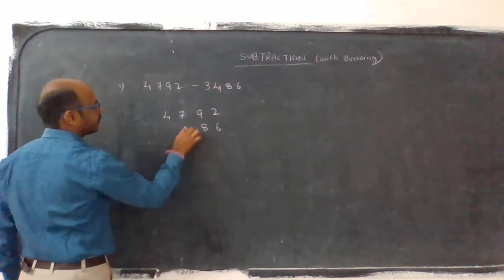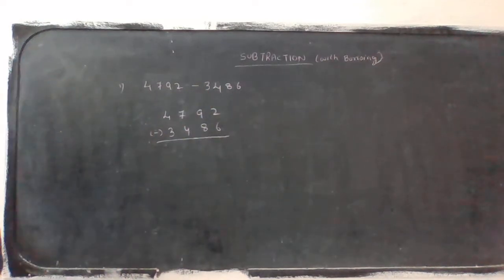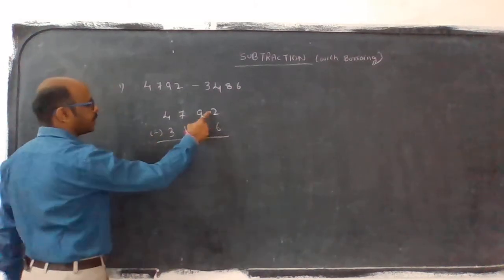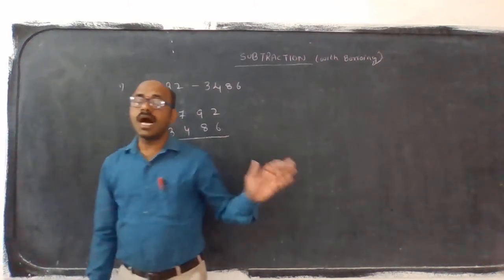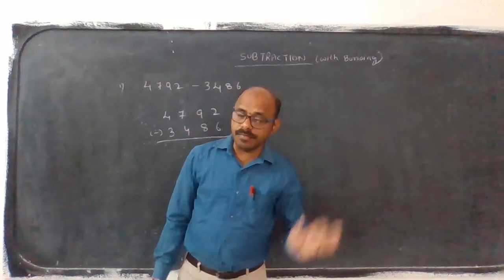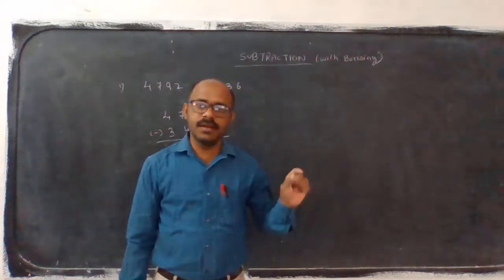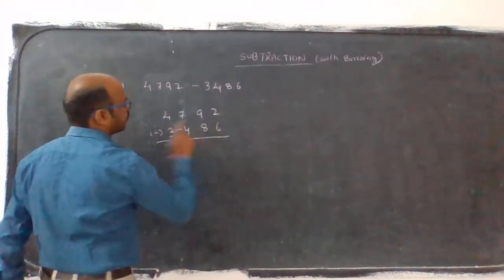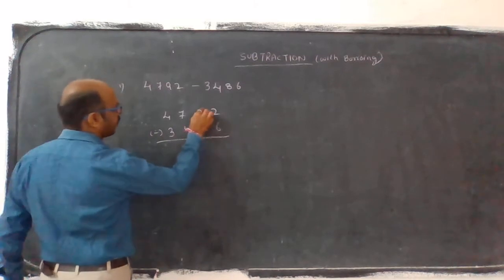You can write it. Now what symbol are we applying? The subtraction symbol. Then see children, 6. Compared to 2, 6 is a bigger number. See, subtraction means always subtracting the smaller number from the bigger number. But see children here, 2 is a smaller number compared to 6. So 2 needs help from the before number, so here we borrow.